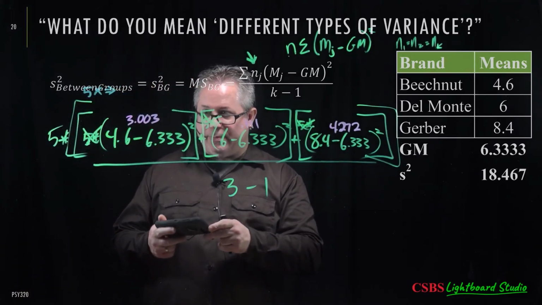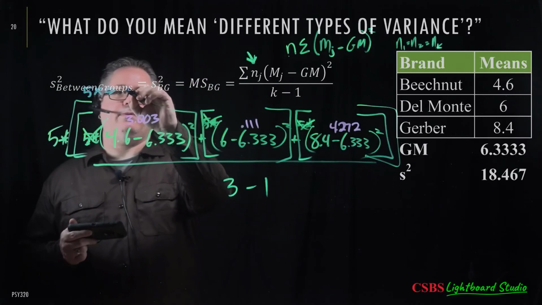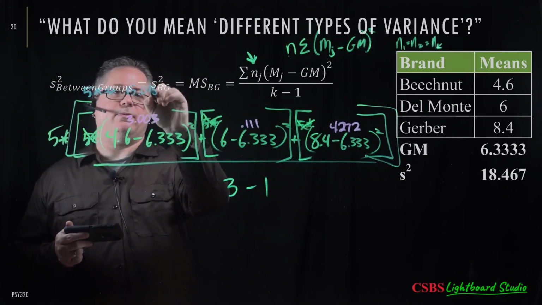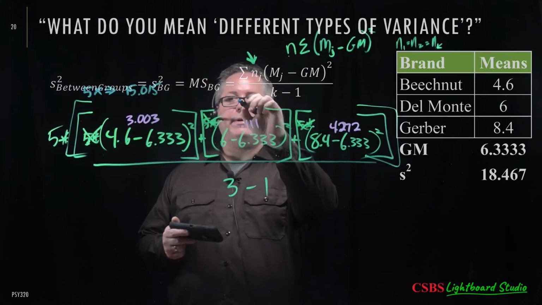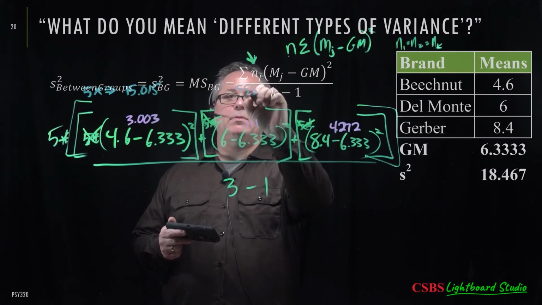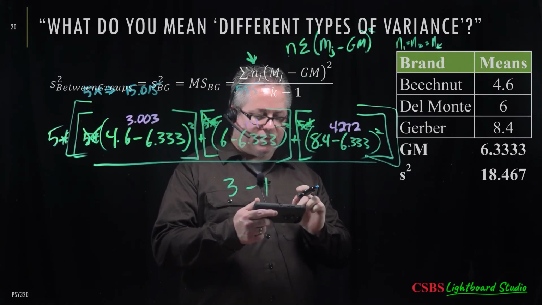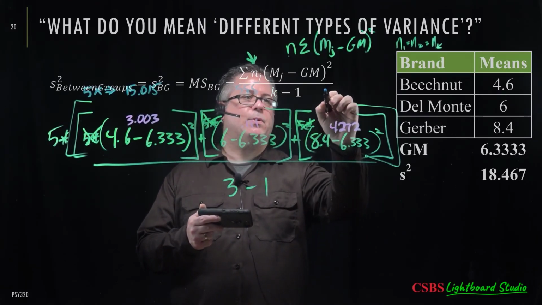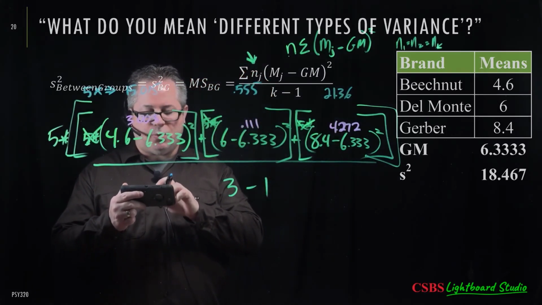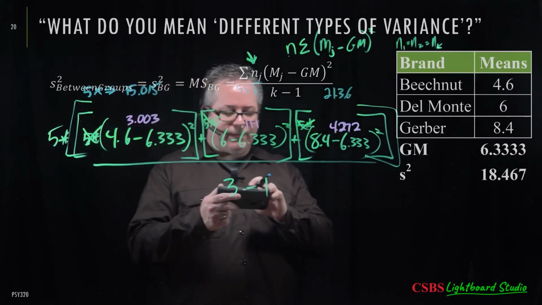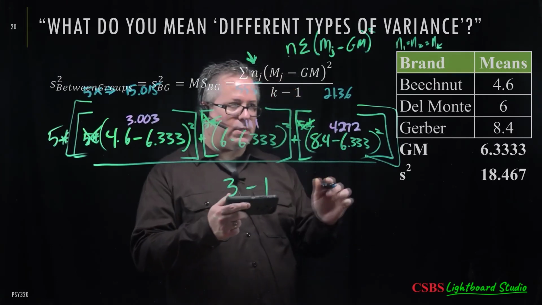So 3.003 times 5 equals 15.015. 0.111 times 5 is 0.555, obviously. 4.272 times 5 equals 21.36. If I add those up, 15.015 plus 0.555 plus 21.36 equals